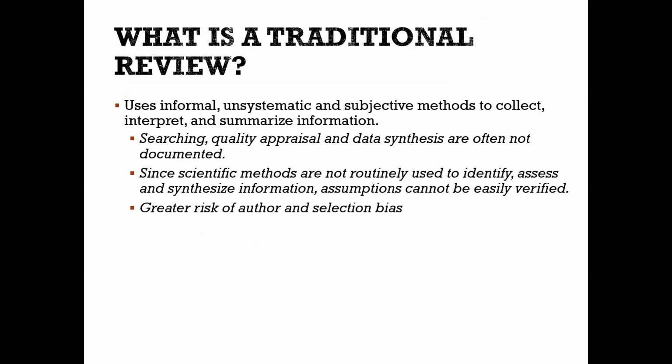It is usually informal, unsystematic, and uses subjective methods to collect, interpret, and summarize information. The searching, quality appraisal, and data synthesis are often not documented. Since scientific methods are not routinely used, traditional review carries